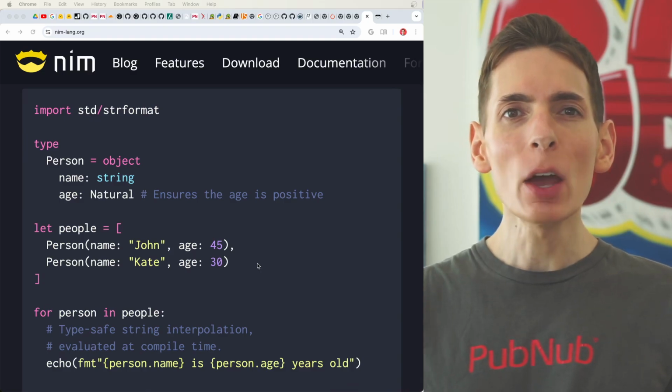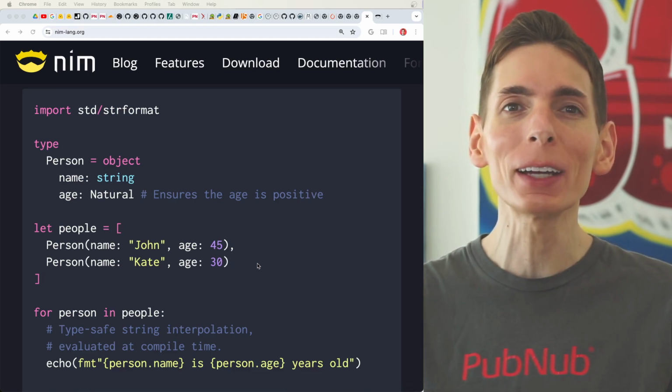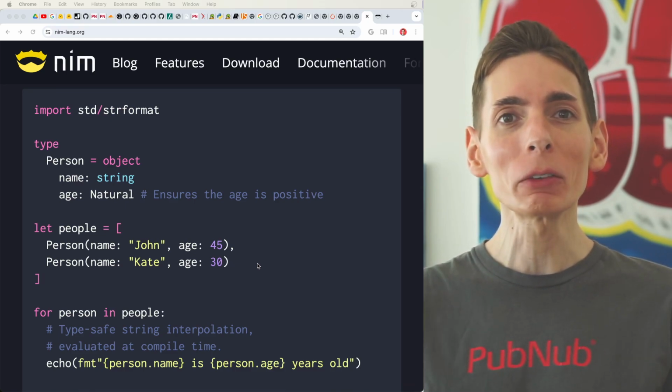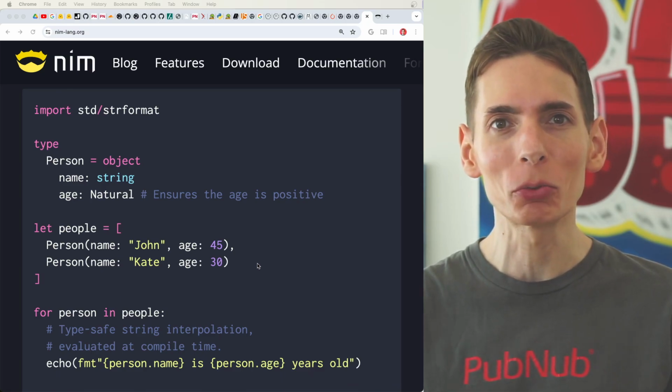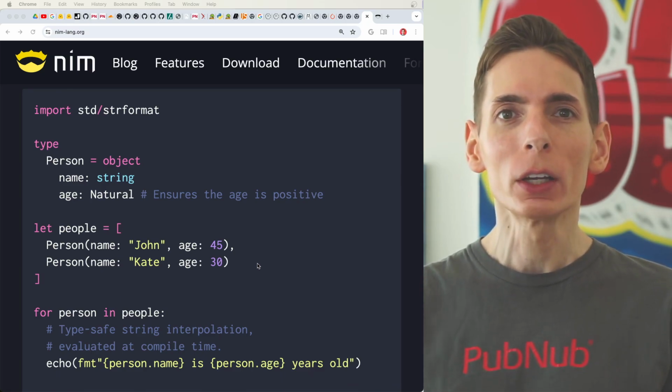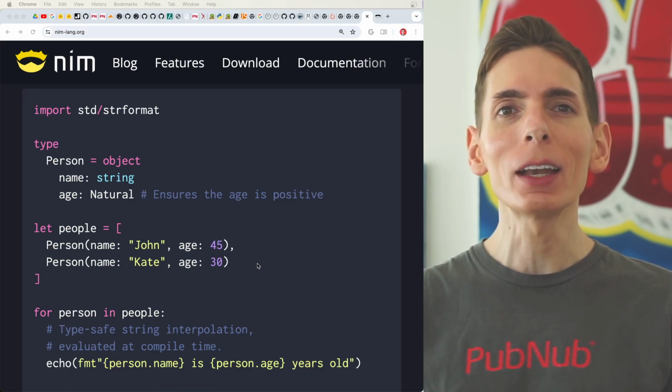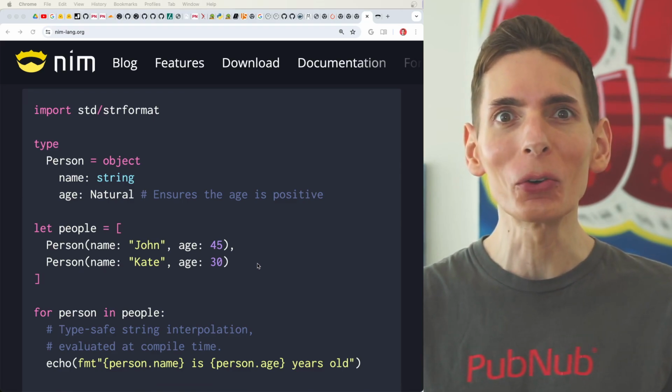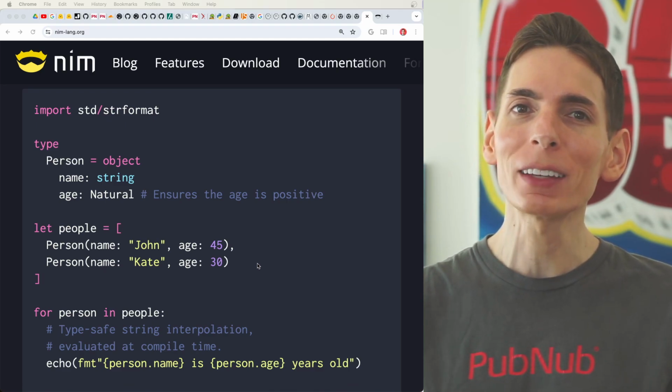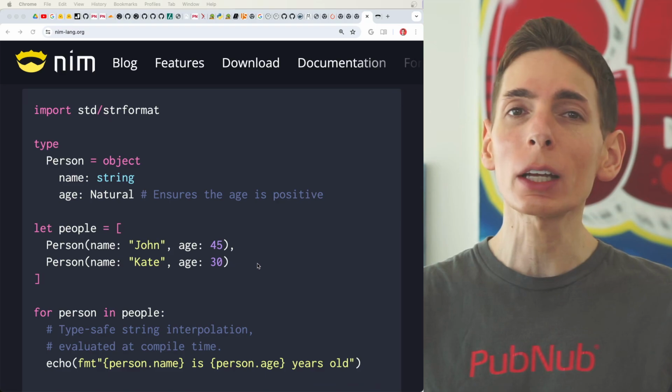Let's take a look at Nim, the programming language that's statically typed and compiled, and the language itself is super clean. It's the way I like to see languages when we're building applications for any kind of server or user interface. I want to see a nice clean syntax. All of those symbols that can fly around can make the language confusing,